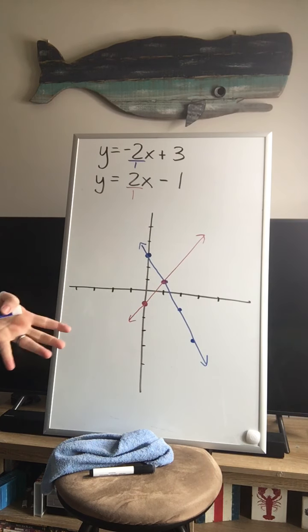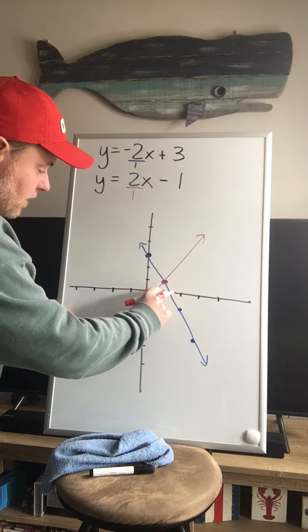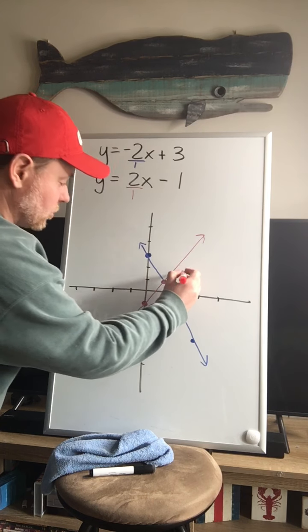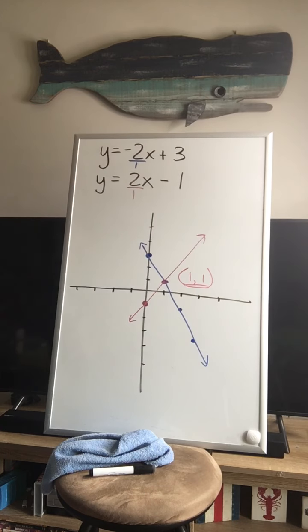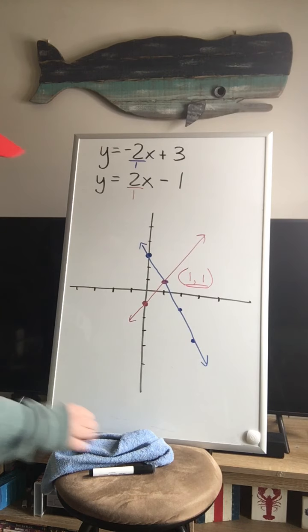But when I need to give those coordinates, the final answer, what are the coordinates of the point that they're crossing? Well, if you look, that looks like it's at over 1 and up 1. So the coordinates where it's crossing are (1, 1). So that would be our solution. So you graph the two lines, but then you also have to mark clearly where they cross and label it. Okay? All right, let's do another one here